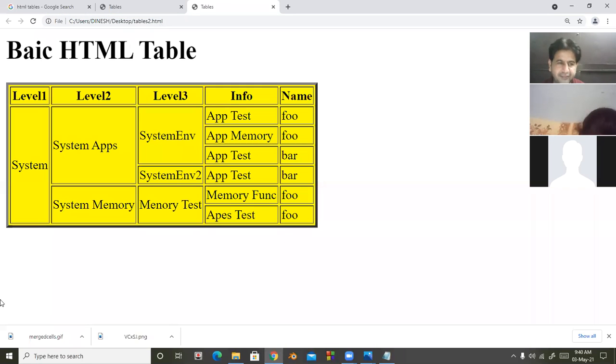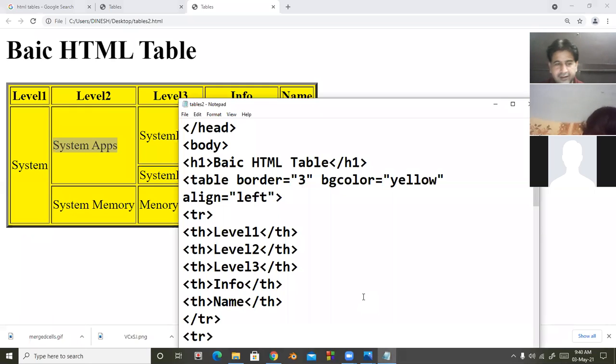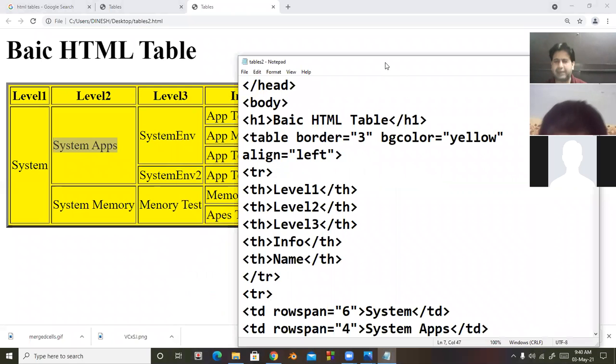So in case, look at here, data is in the center. If I want to display the data at the top, this is V align. So V align is an attribute of TH, TD and TR. It is an attribute of all three.